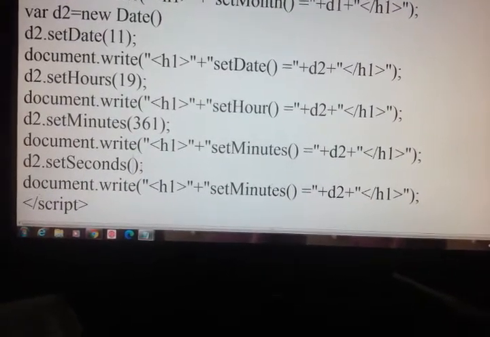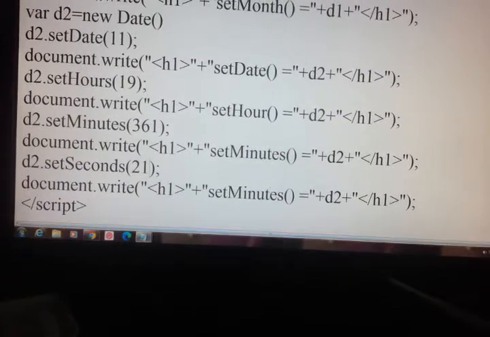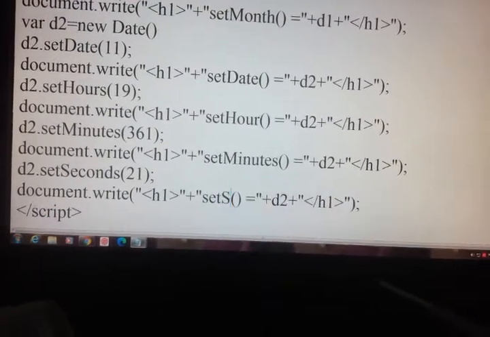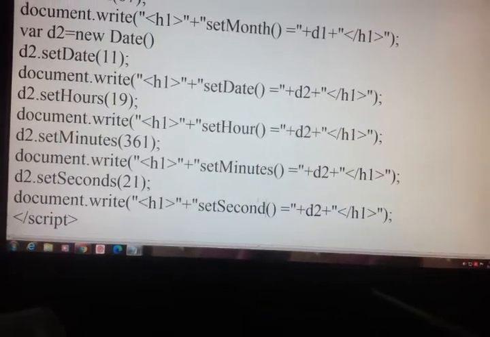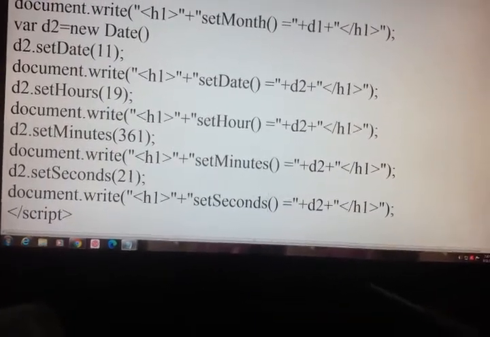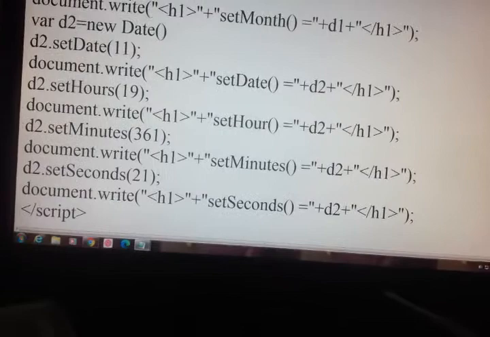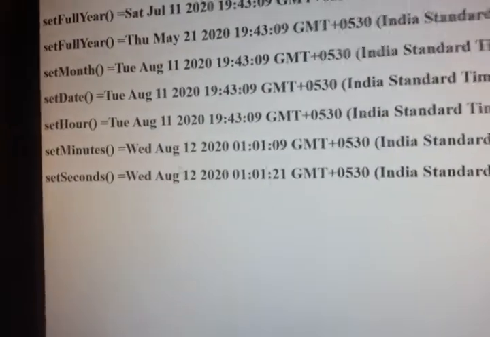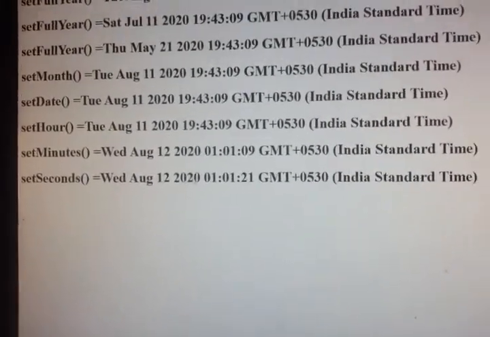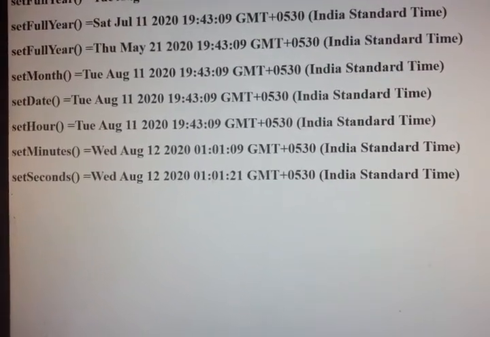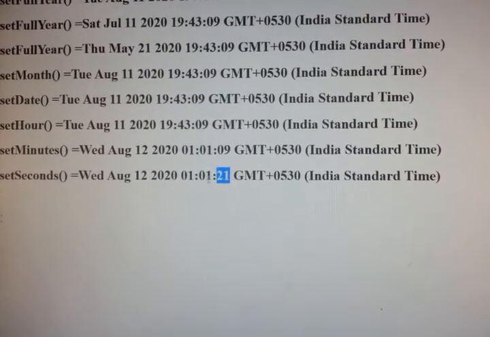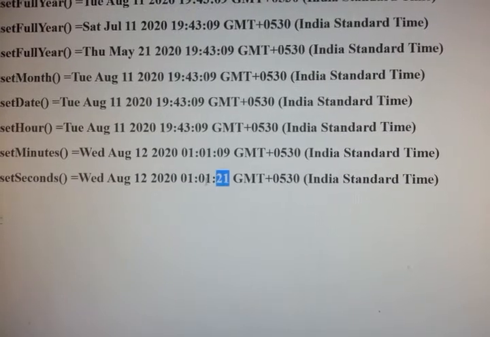Seconds, I will make it 21. D2 dot set seconds 21. Ctrl+Y. F5. See, it's August 12, 2020. Seconds I have given as 21. Time is 1:01, right?